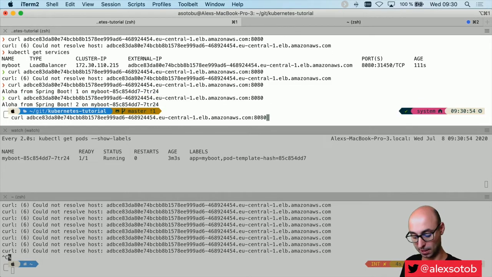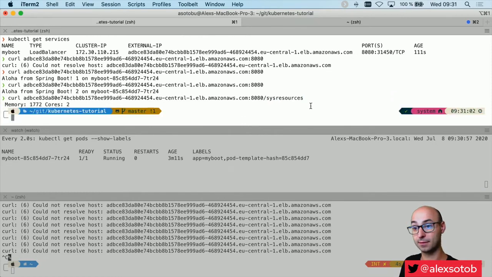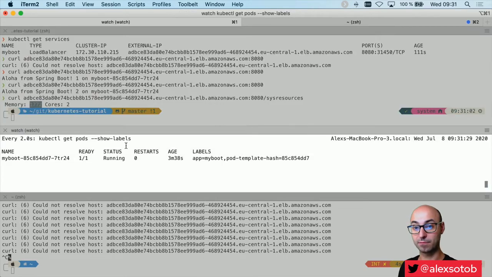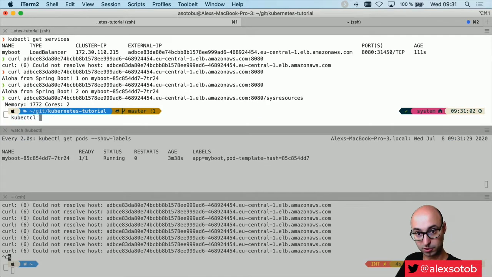Again, this service has this sys resources endpoint. And if I call sys resources, you can see that I'm using 2 GB of RAM and 2 cores. The reason for this is that my Kubernetes node has 8 GB of RAM and 2 CPUs. So Java thinks that it has 8 GB of RAM, so it's taking a quarter of the memory, so it's like 2 GB of RAM, or 1.7 gigabytes of RAM. But remember that I said when I did the kubectl describe,